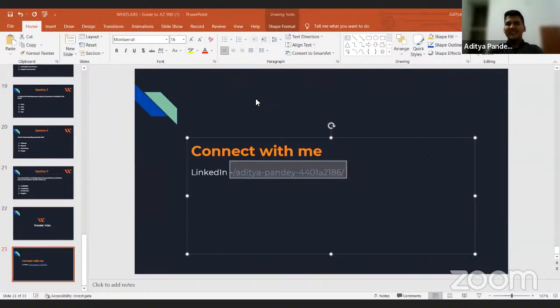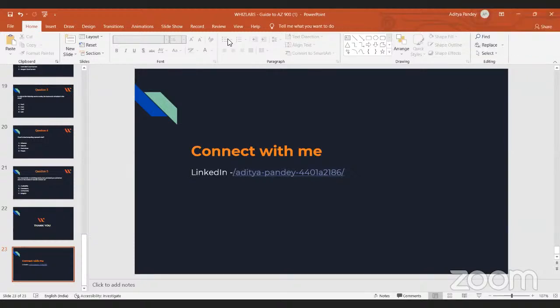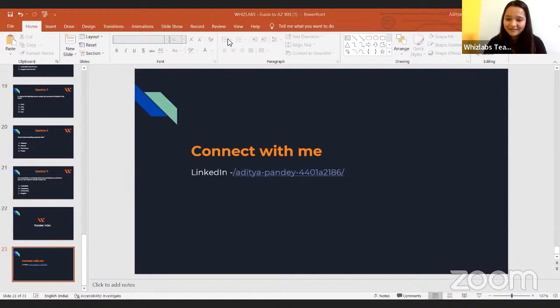Also, at the end, if all of you would be able to turn on your camera, we can have a screenshot with you all. So it would be really nice, so that I can save it in my gallery, because you all were really nice and I could see your enthusiasm for the session. Yes, so those who want to be a part of the frame, you can raise your hand and we'll promote you to panelists.